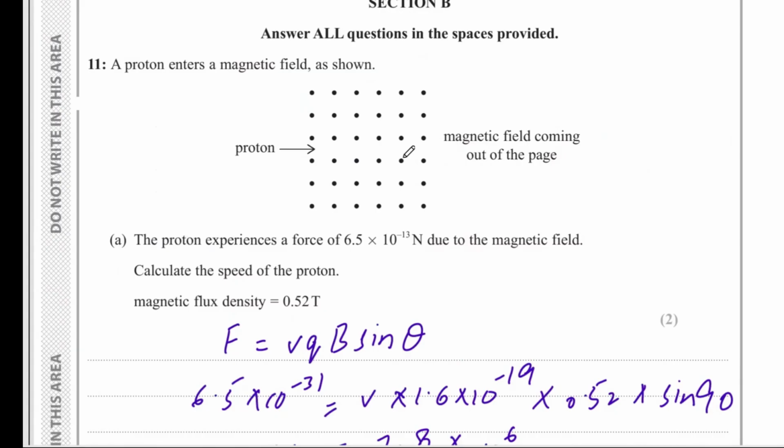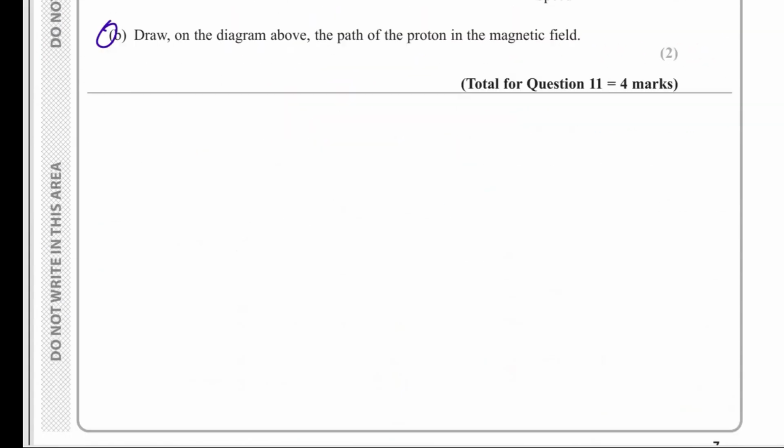And if you're using FBI, your middle finger should be towards right. Your first finger, your index finger, should be up. And you can see that the force is acting in this direction, right? Downward. So what does that mean? That this is the path of the proton, and the proton must be following a clockwise curve towards the bottom, right? So that is how we're going to take this. This is just about